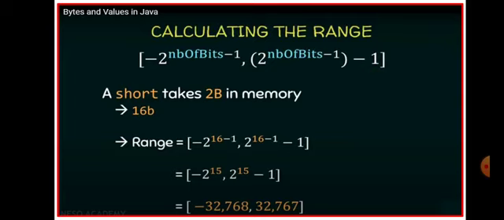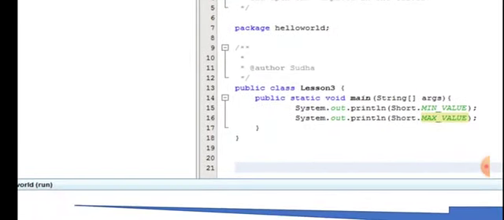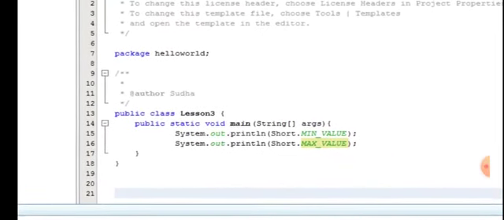We will see how Java NetBeans shows you the result in the program. Here, as you can see, I have given System.out.println, Short, which is the data type, dot MIN_VALUE. What is the minimum value of the range and what is the maximum value of the range?